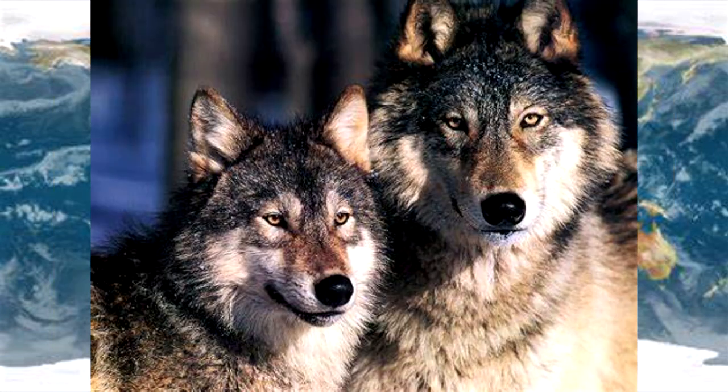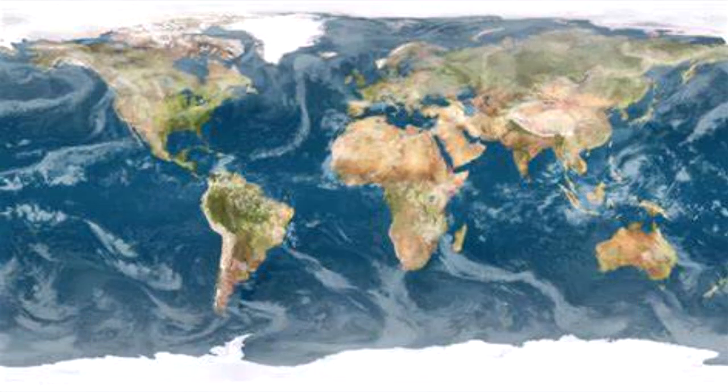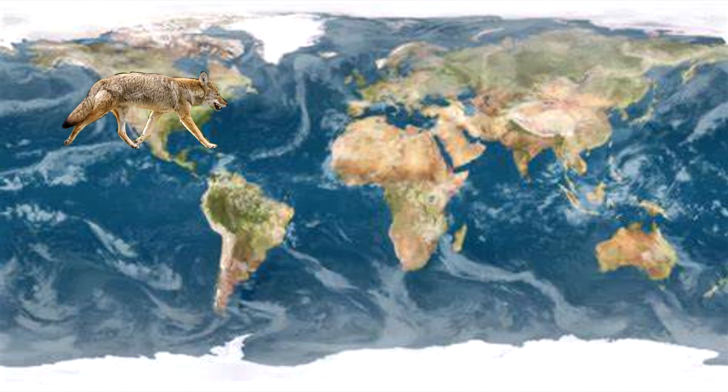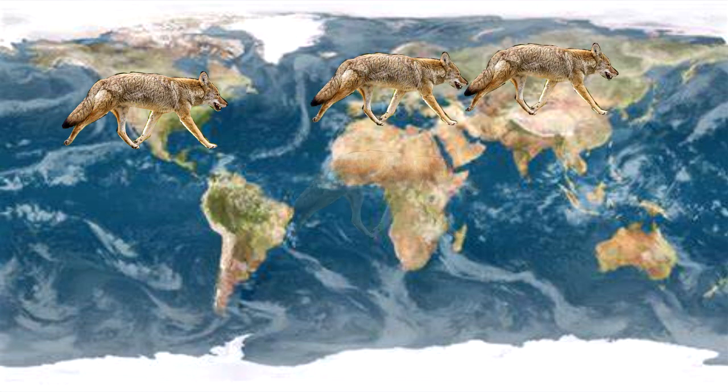Number 10. Early wolves. Wolves are pretty well-known wild dogs of today. They are known in North America and Eurasia, but where did they originally come from? To no surprise, they came from North America as a dog called Eusyon, which appeared around 10.3 million years ago during the late Miocene epoch, but later, during the early Pliocene epoch, Eusyon invaded Europe, Asia, and even Africa.